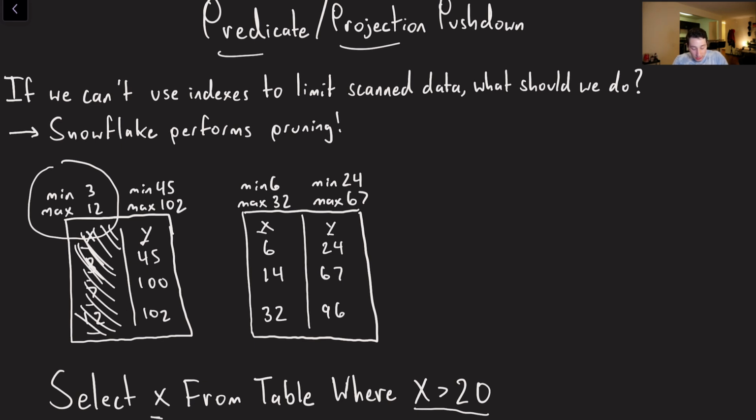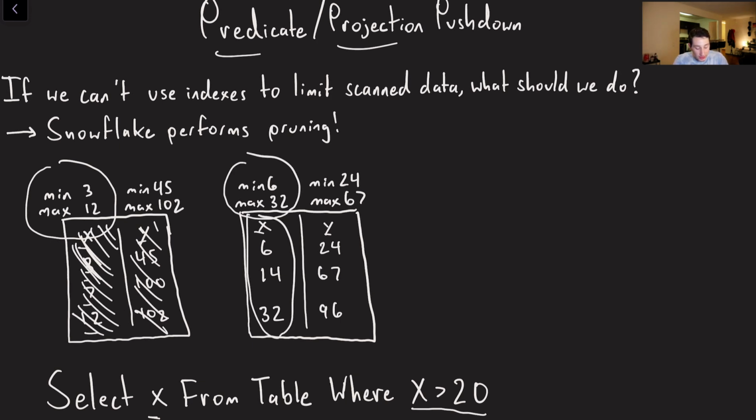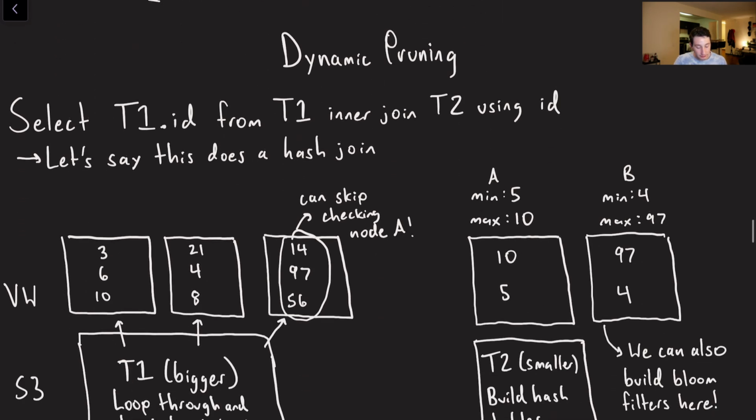Similarly, since we're only selecting X here, we look at this Y column and say, all right, well, we don't want that because that's a Y column. We look over here, we see min 6, max 32. Ooh, we are going to have to read this column and decompress it. And again, this is a Y column, so we're not going to read that. We're going to cut that out. Just like that, we basically pruned, which is the term Snowflake uses to describe avoiding having to do a bunch of reads. We pruned 3/4 of our data. And that is how Snowflake tries to be as fast as possible.